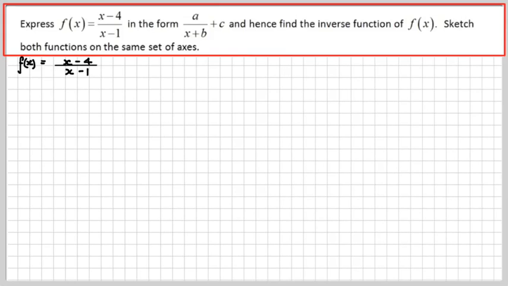Right, now there's f of x. Let's do my little fiddle. When the degree of the top is the same as the degree of the bottom, you can do this lovely little fiddle where you make the numerator look like the denominator, like that, right? And then you split those two things off as (x minus 1) over (x minus 1) minus 3 over (x minus 1), which becomes that. It's beautiful, isn't it? So you can see very clearly now that you've got an upside down-ish hyperbola translated over to the right by 1 and up by 1,